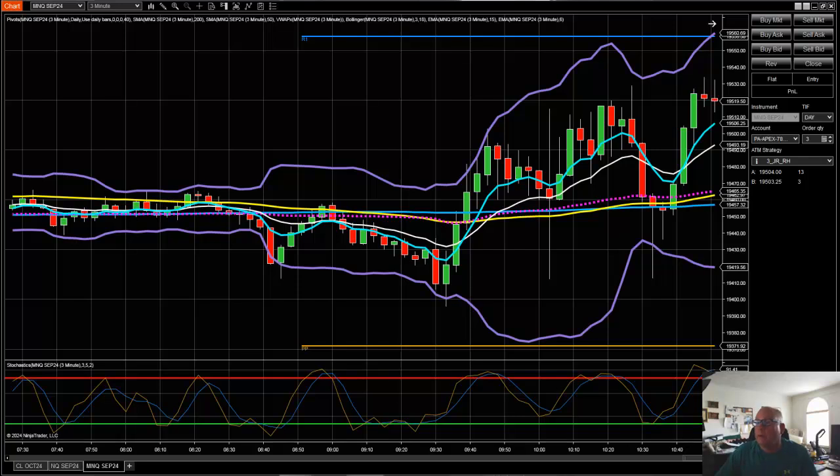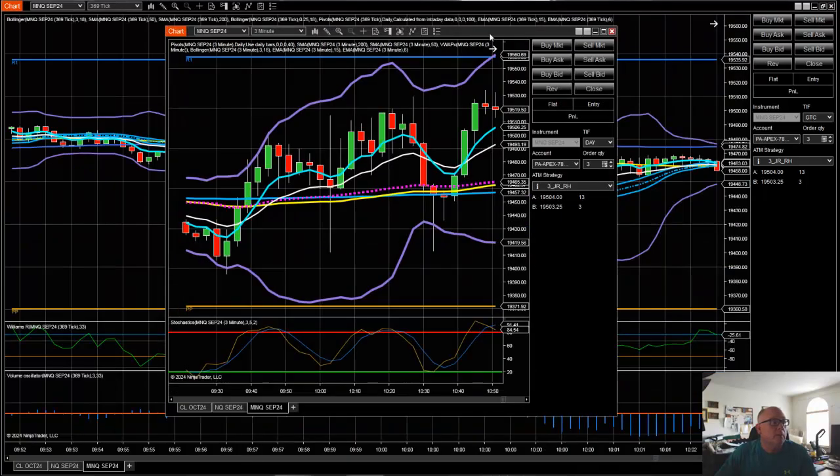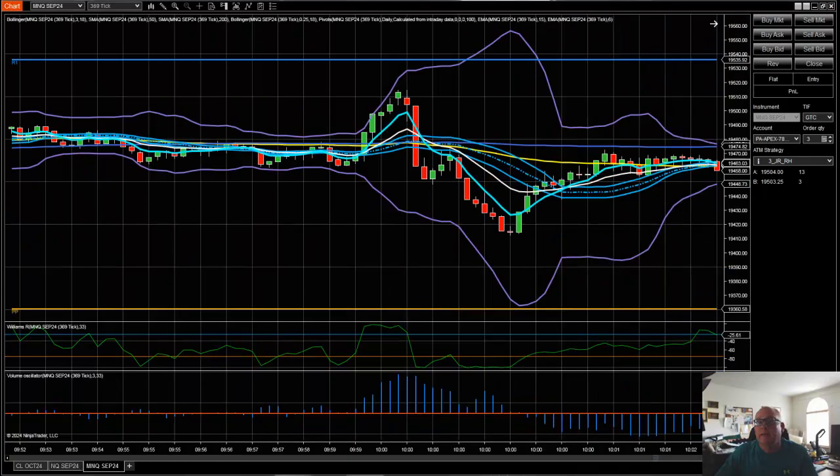I'm just moving that back where I want it on screen. All right, so there is the FU bar. And once again, you can see what it looks like on the 3-minute chart right there at the 10 o'clock mark. If I was smart, I would have been flat into it,